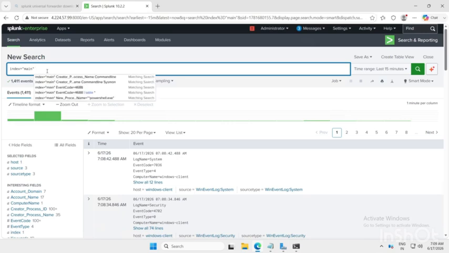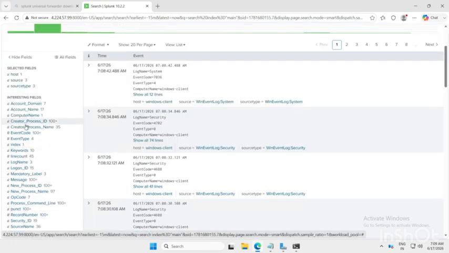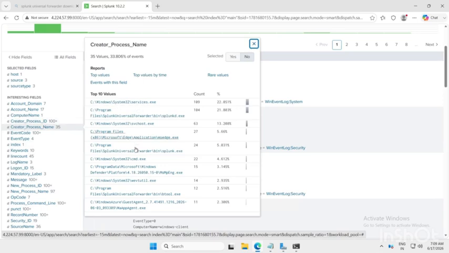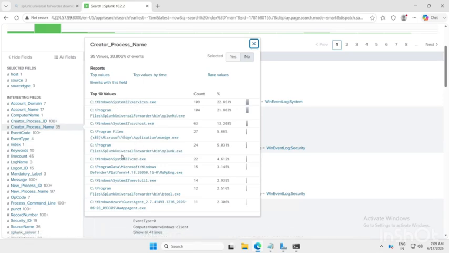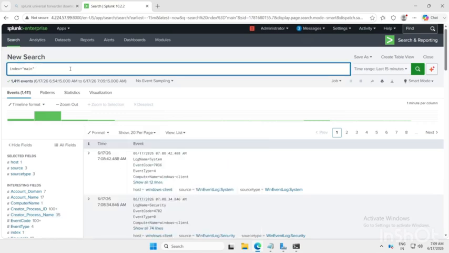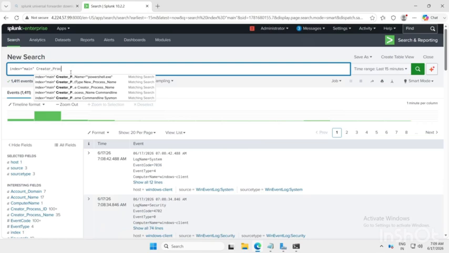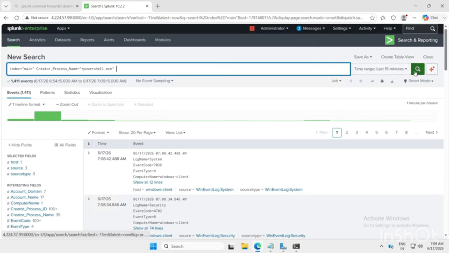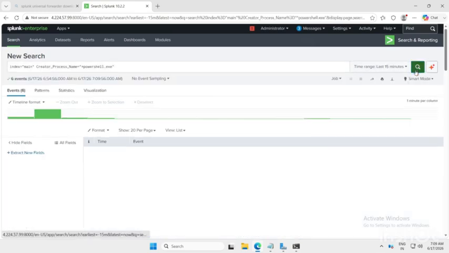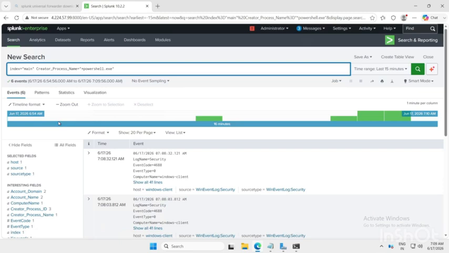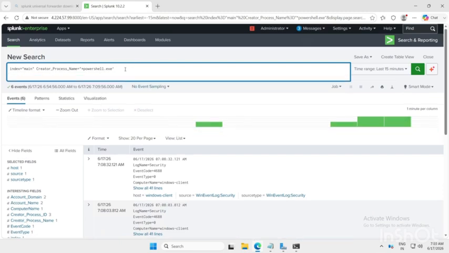So I'm checking for, here you can see, creator process names, we have so many. Okay, so let me check creator process name equal to powershell.exe. Here we can see a total of 6 events. Okay, so from here we need to identify notepad.exe and schtasks.exe. So we can run the command here